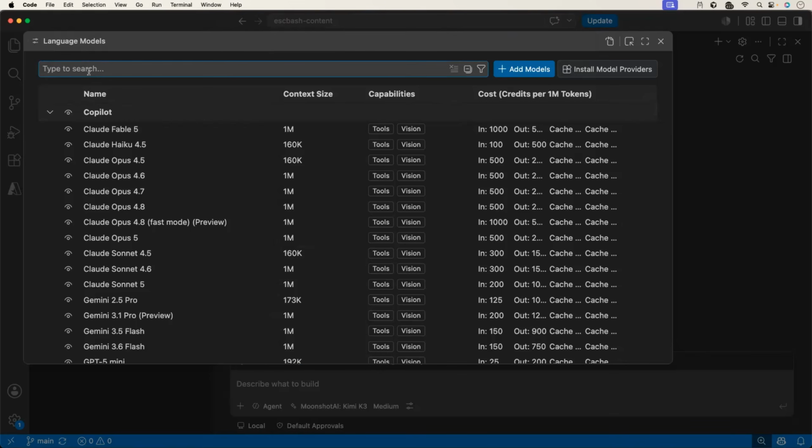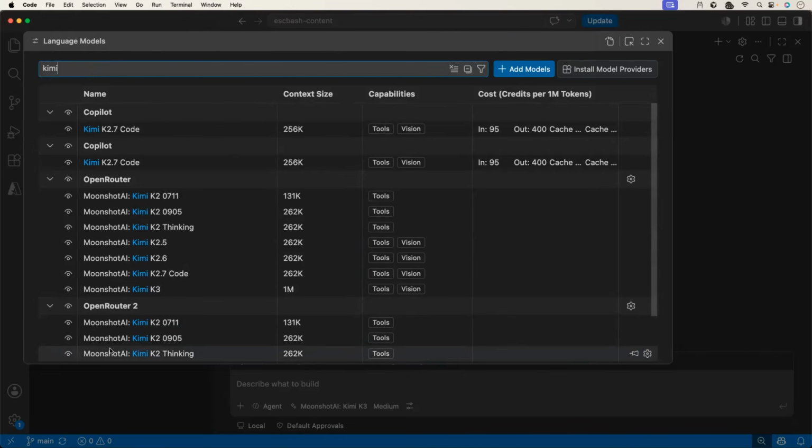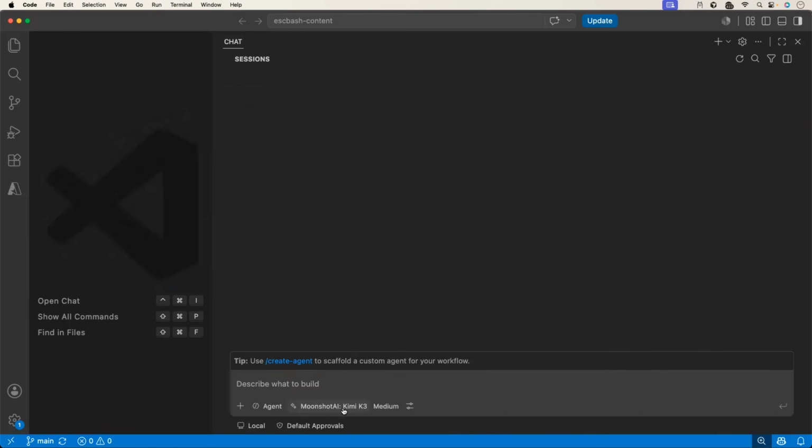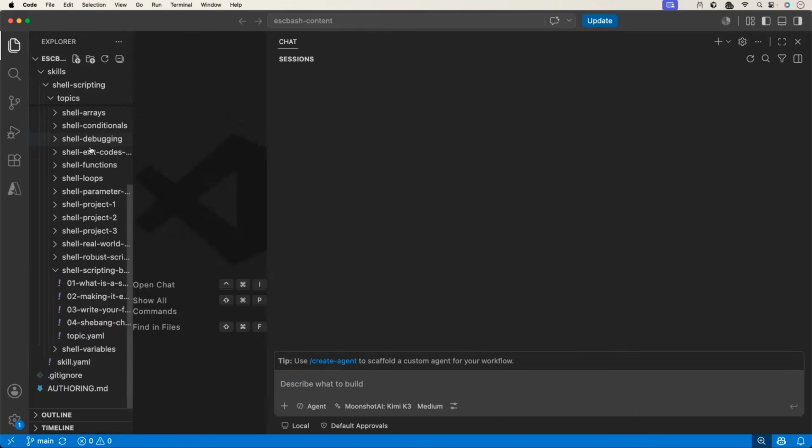Now, if you search for Kimi K3, you should find it. There you go, so I have the Kimi K3 model. Once you select that, you can configure it if you want to. And once you have it, you can access the model from Copilot. Now, once this is here, you all know how to use models. We have been using AI models for a long time now. Just like any other model, you can provide a prompt, you can play with your application source code, you can ask it to deploy your application, whatnot.